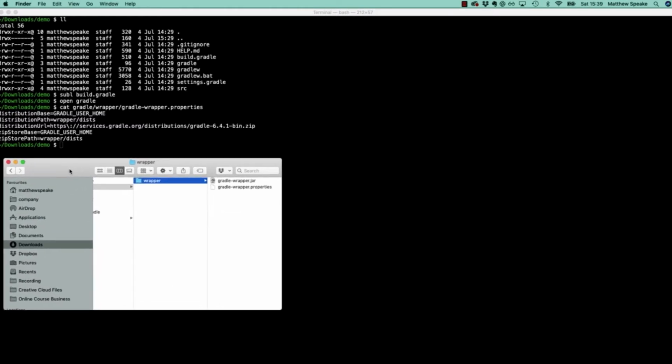So how the Gradle wrapper works is that the first time you invoke a Gradle command through one of these scripts, so gradlew or gradlew.bat, it's going to check and see if you have the Gradle version it specifies in this properties file here. It's going to check if you have gradle-6.4.1-bin.zip, and if you don't have it, it's going to use the code inside here, gradle-wrapper.jar, to basically download